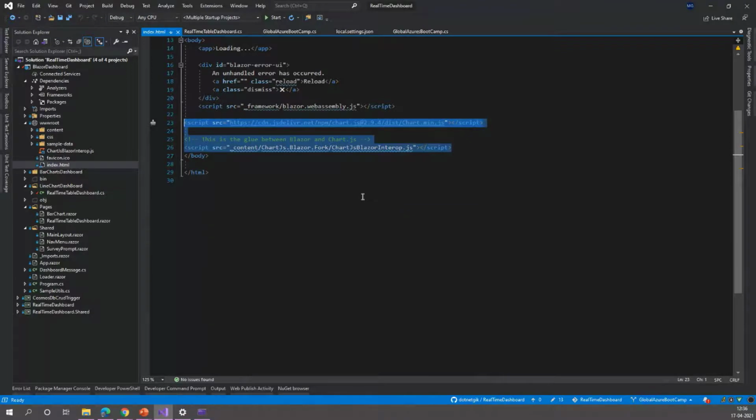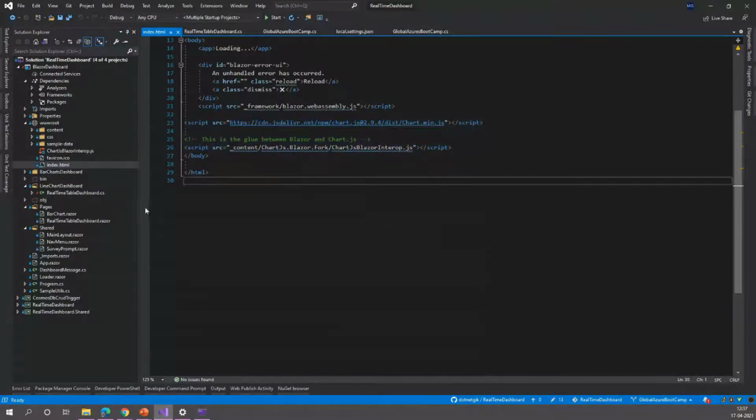We need this static file for the representation or for the chart. And this is the metadata that we need to import into our index.html page.